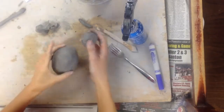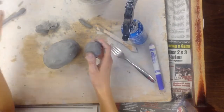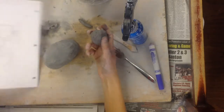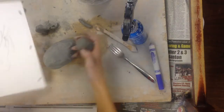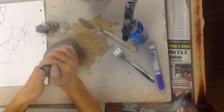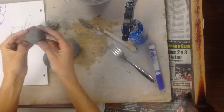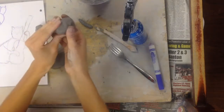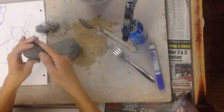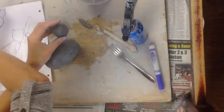Now I want to attach a head onto this. Now I don't want to make it a bubble that looks like some sort of astronaut rocket space helmet thing. The cat has a round head, but it also has a little bit of a neck, so I'm going to try and form this so that this part's the head and then this is a little bit of the neck of the cat. And this is quite a small pinch pot that I'm going to make,